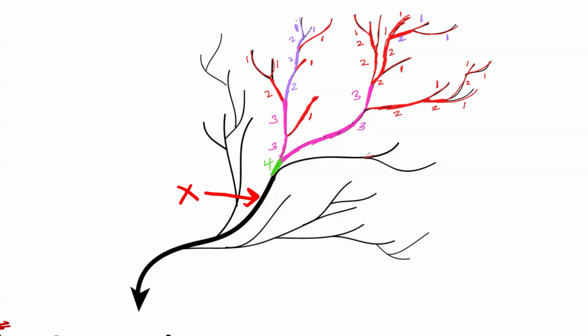So on the other side, we've got stream order 1 here and stream order 1 combining to form stream order 2 here. So this is stream order 2. Combining this stream order 2 with this stream order 4, what are we going to get? Stream order 4. It continues at stream order 4. Remember, the higher stream order is the one that is maintained. So at X, we definitely show that it's going to be the 4th stream order.